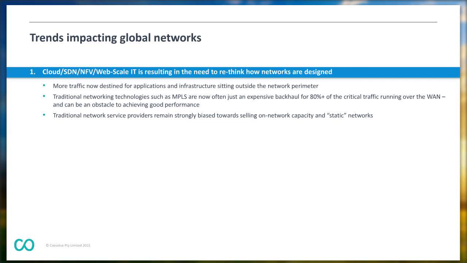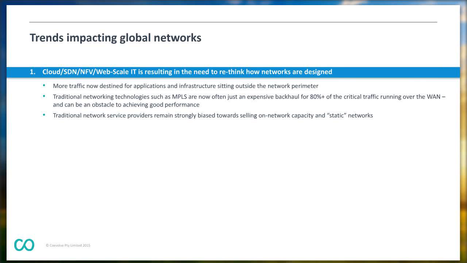So probably the biggest shift that we've seen over the last few years is that more than ever, traffic is leaving the closed, carefully designed enterprise network perimeter, and it's going to cloud services, third-party applications, and so on. And that is a trend that catches many organizations by surprise because they've built these networks, they've architected them to deliver very predictable performance between their sites, and then they find that 80% of that traffic is now leaving that network and it's being carried on to a third-party destination.